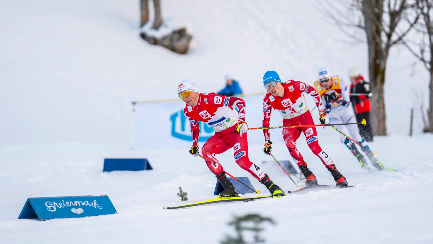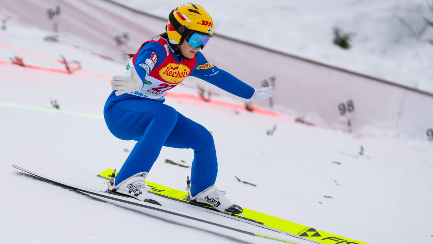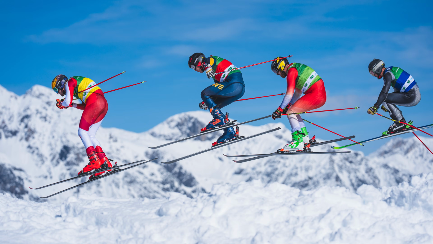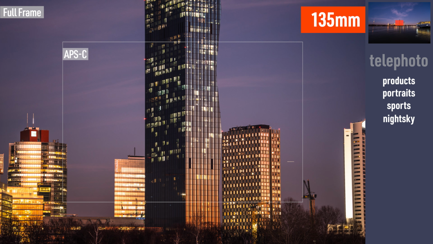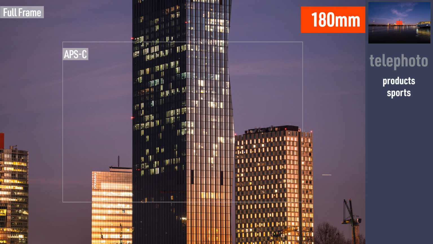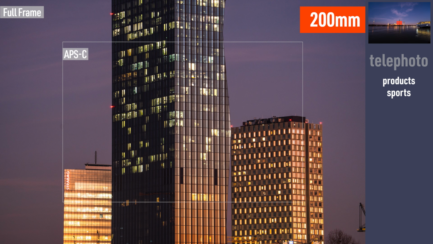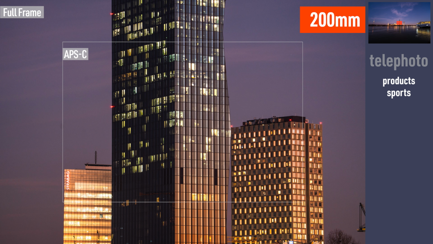Believe it or not, the 135mm lens is one of my favorite sports photography lenses. The newest versions are incredibly fast in regard to autofocus, which helps a lot for sports. And the wide aperture of f1.8 gives me some amazing shots with very low ISO settings. After 135mm, let me continue with 150mm, 180mm and 200mm, which is, as we already know, the long end of the popular sports lenses. So the 70 to 200mm sports lenses go from here to there.